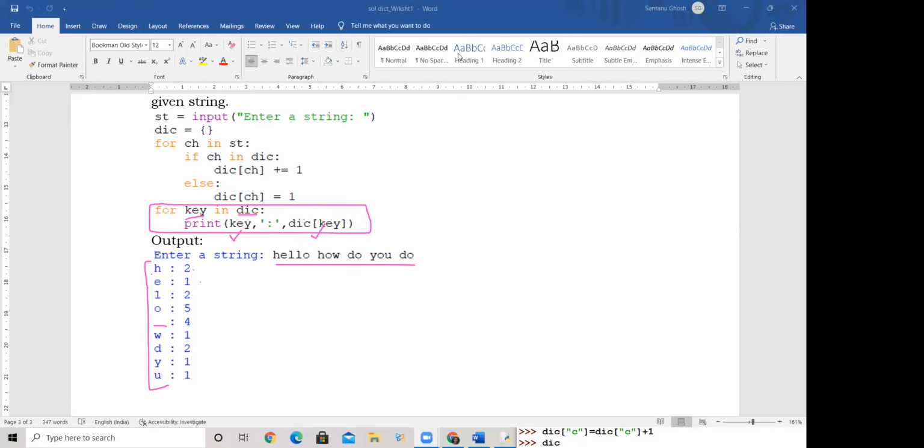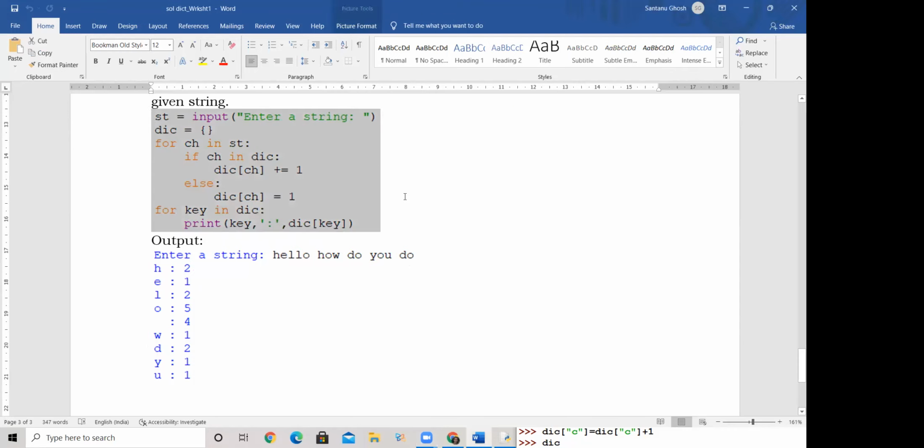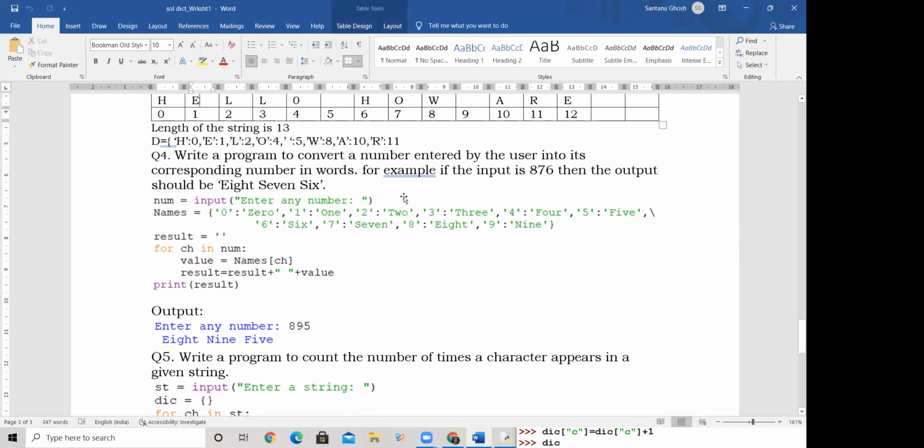Okay. Now let's move on to the next question, which is actually the previous one. The previous one is also an interesting concept. It says, write a program to convert a number. So let me see the output first. You enter any number and you get the corresponding letter-wise form of it. What do you call it? In junior classes, what you used to call it? Expanded form. Right? So 8 and 8, like properly written English, 9 and 9 and 5 and 5, like that.